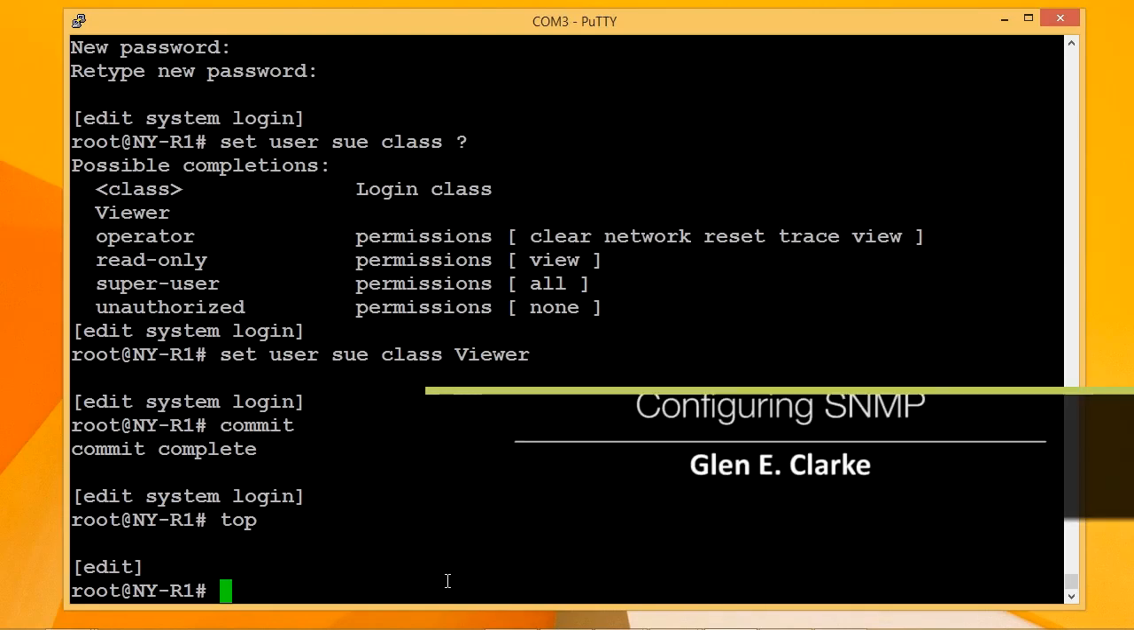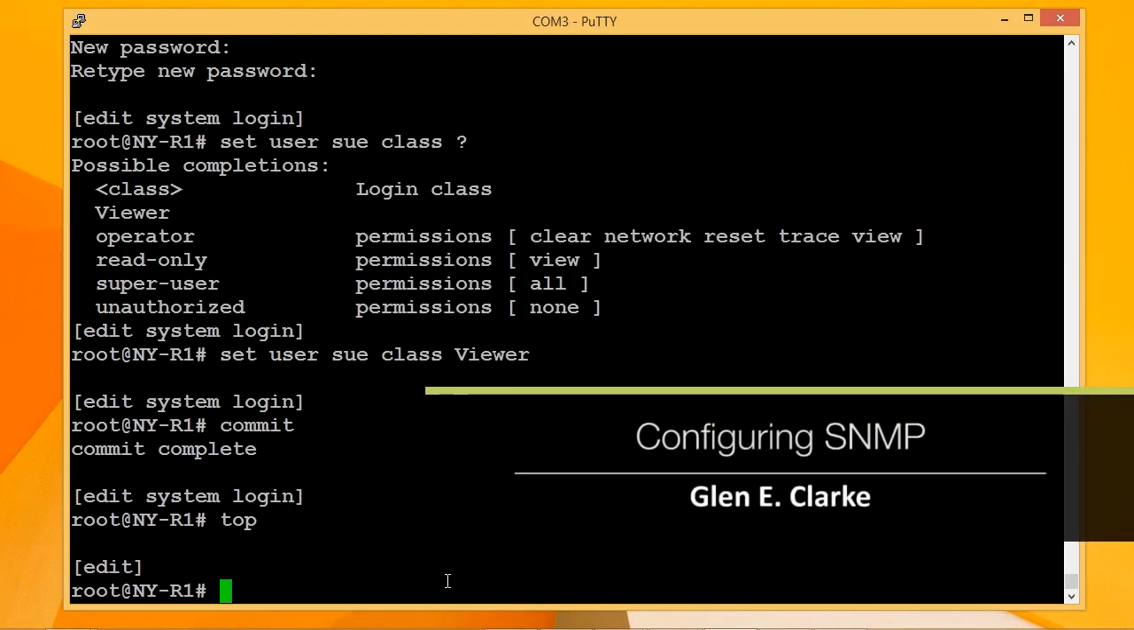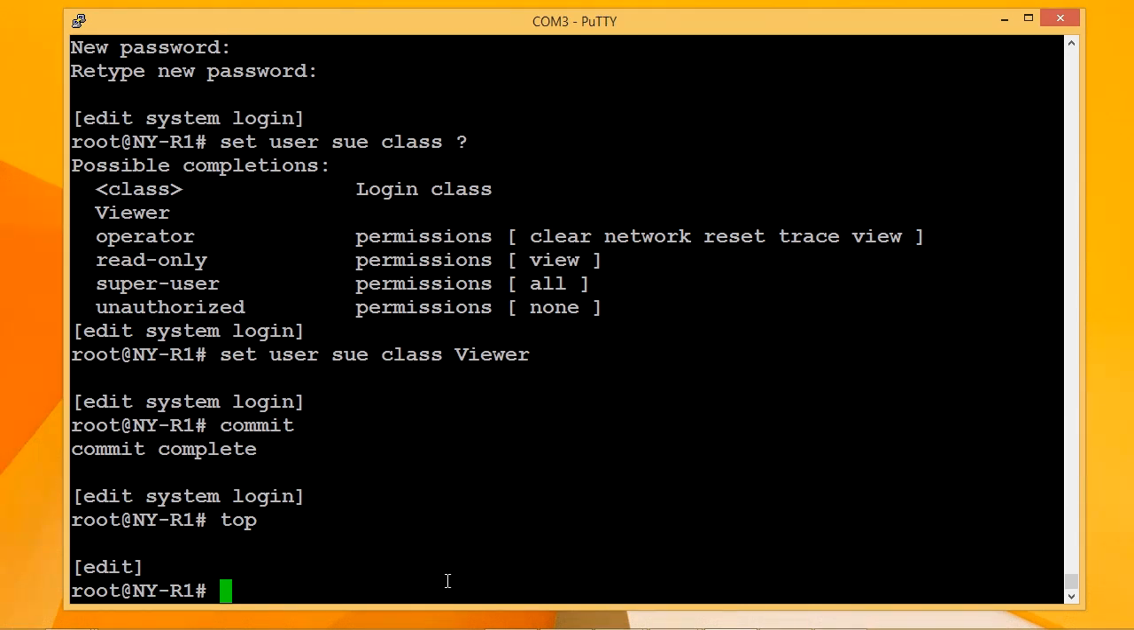In this demonstration, we'll take a look at configuring SNMP. SNMP stands for the Simple Network Management Protocol, and it's a TCP/IP management protocol that allows us to monitor and manage devices on the IP network. To configure your device as an SNMP agent that can be monitored by management software, you can use the set